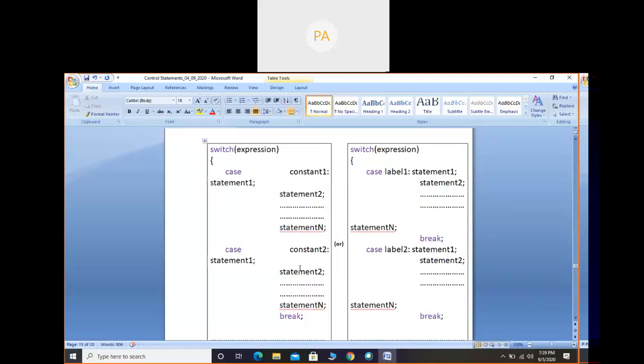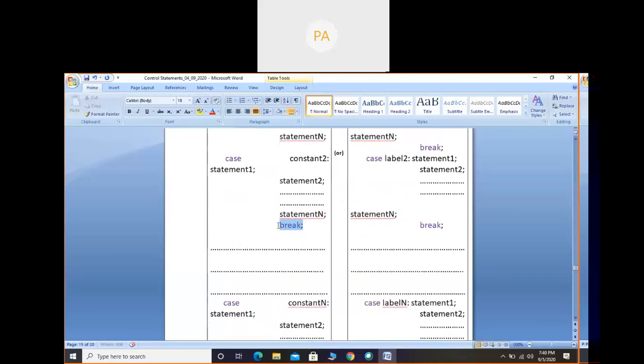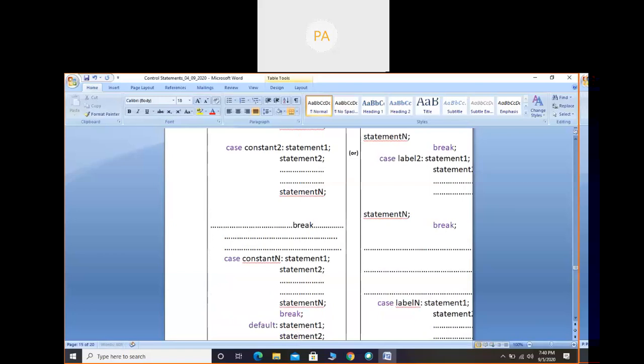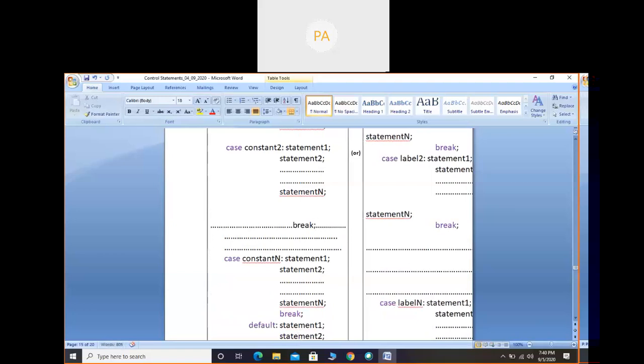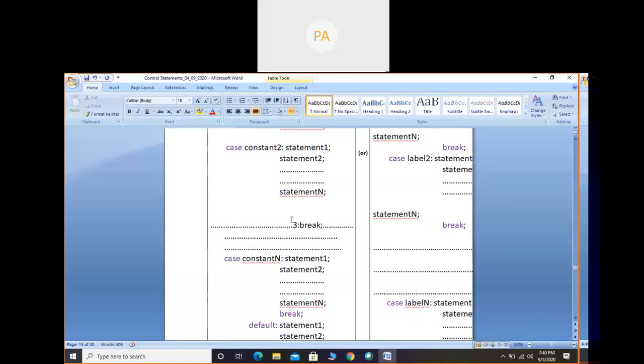The break statement question is not there. There it stops. But here, if break is there, the switch statement stops working. If break is not there, then it moves to case constant 2. Yes, constant 2 will not match the expression's value, but still it moves to case constant 2 because there is no break statement. And if there is no break statement in case constant 2 also, again it moves to case constant 3. Now let us consider that in case constant 3 a break is there. So here it executes the statements present in case constant 3, then the switch statement stops working.